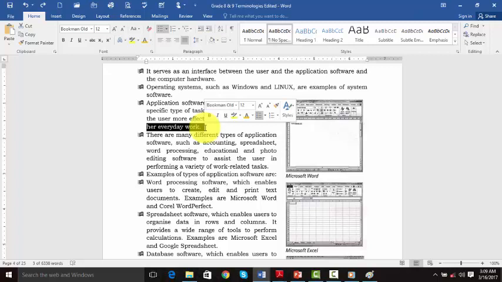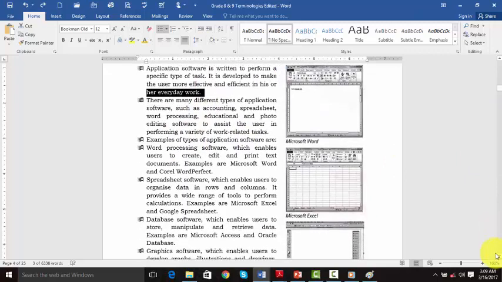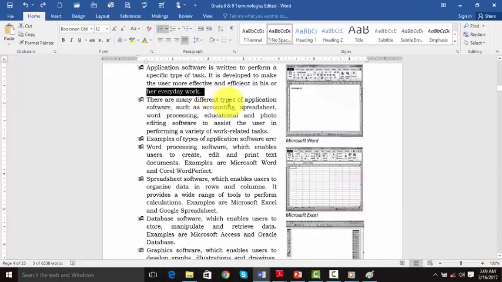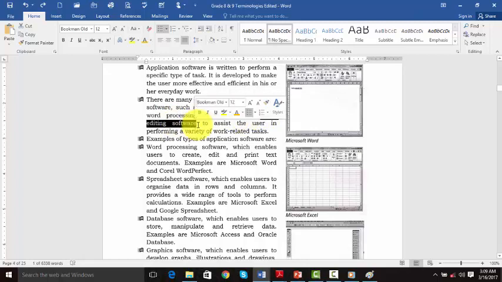not from the black market. So now, in this case, what we are saying is that there are many types of application softwares, like what we have discussed there, such as accounting, spreadsheet, word processing, educational or photo editing software to assist the user in performing a variety of work-related tasks.